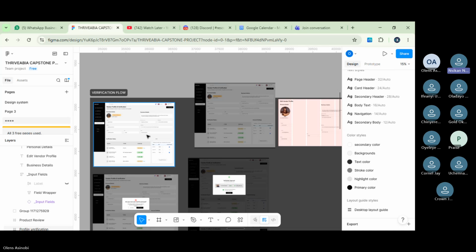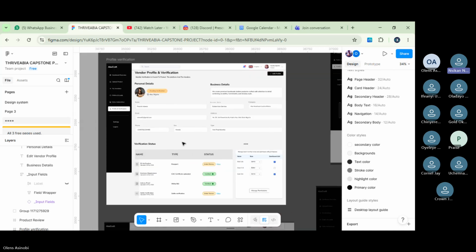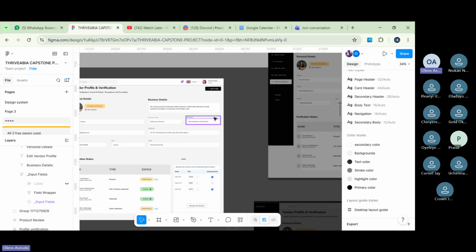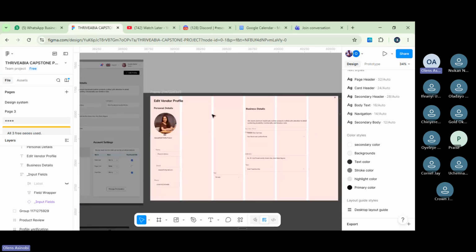Yes, sir. But that edit screen, is it not important? It is, but because we don't have time and it's not part of the things that we are looking for, don't delete it, just leave it to one side. The main aim is to show where somebody's uploading their documents. That's our main aim.